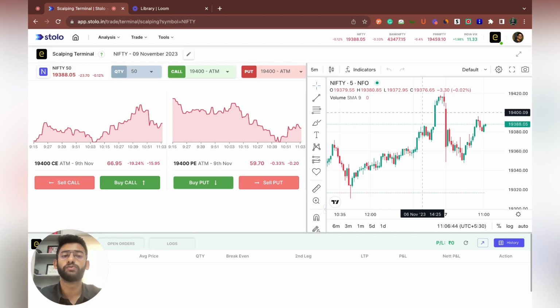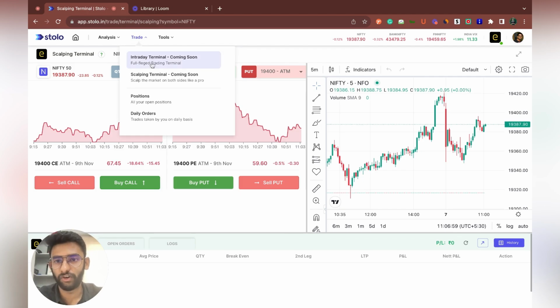Now we will go through the entire live trading demo itself, right? Currently, a user or any of us can take live trades through three terminals. One is the scalping terminal, which you're currently seeing. Second is the intraday terminal, and third is through the option chain itself, right? So we will quickly go through each of the terminals, and then we shall